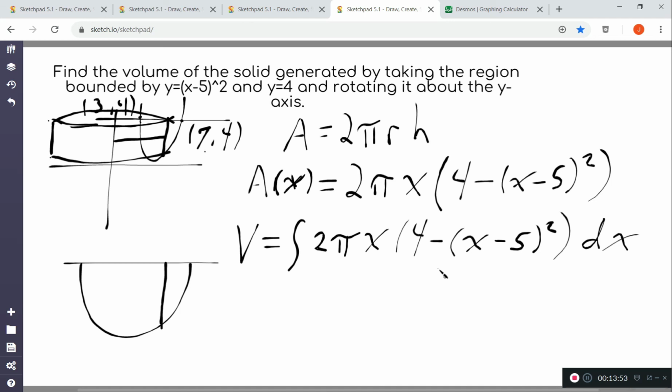Now bounds. Because our curves intersect first at x equals 3 and later intersect again at x equals 7, our bounds are going to be 3 to 7. And this is why we didn't need to change this x. The first radius we're going to talk about is not going to be until 3 because that's our low bound. And the final radius we would have would be where they intersect again at 7. So we don't need to modify that x. The bounds do the work for us. When we use our calculator, we get